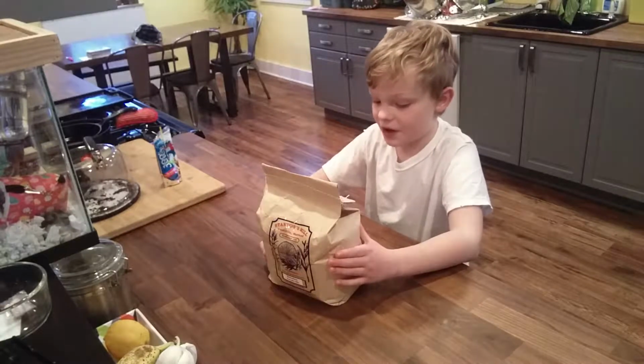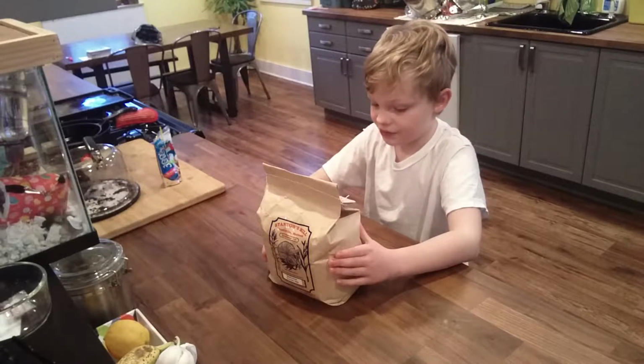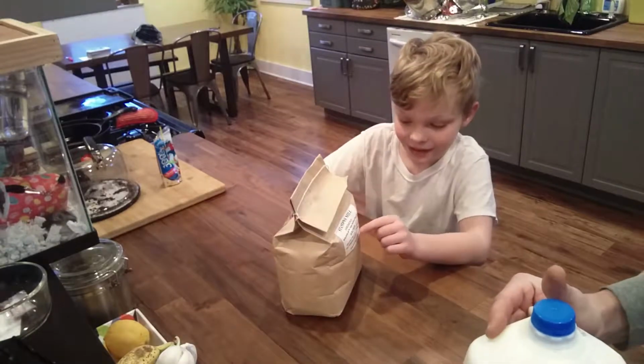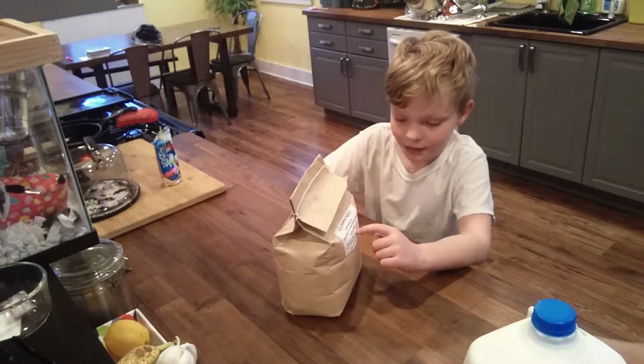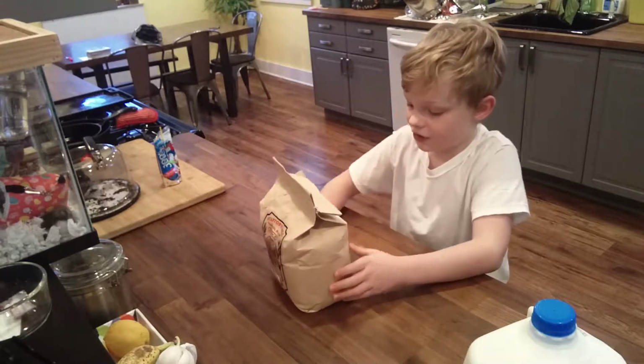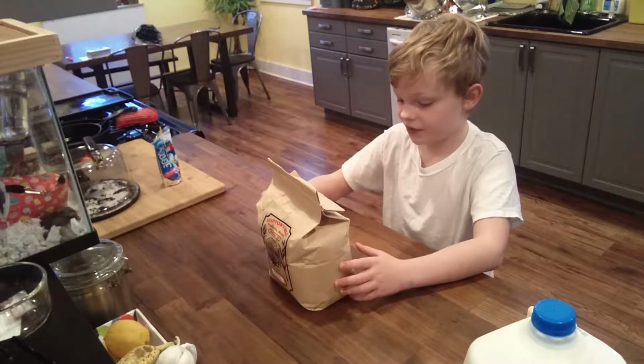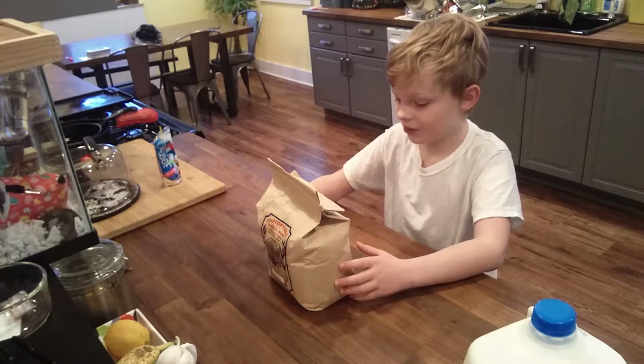Okay. Directions: add every 2 cups of a mix. I don't know what that means. 3 1/4 cups of butter milk, and 2 tablespoons of melted butter or